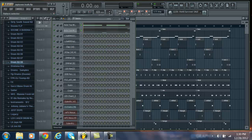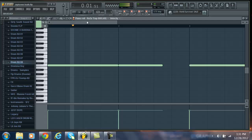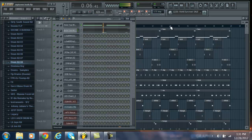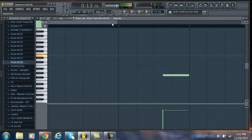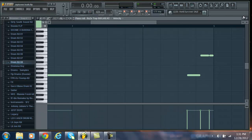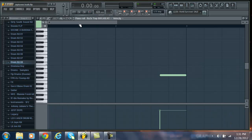One of the main things about the Zaytoven beat that really sets him apart from other producers is his bass and his percussion. The bass that I did, this is my bass pattern right here. So that's the bass. Now the difference with a Zaytoven bass, unlike Lex Luger or Sunny Digital or one of those guys' basses,